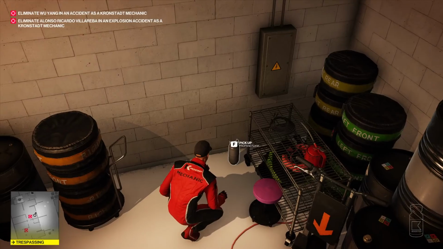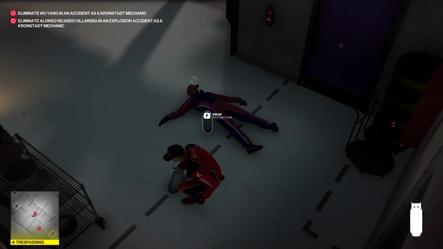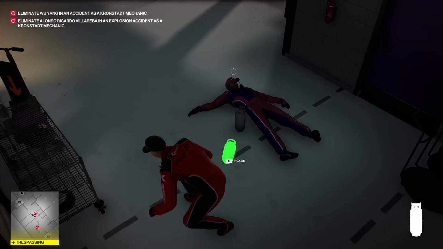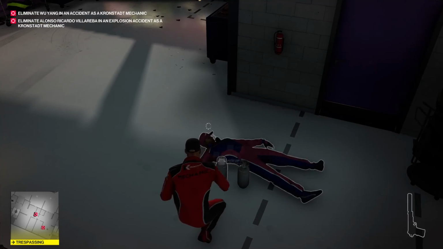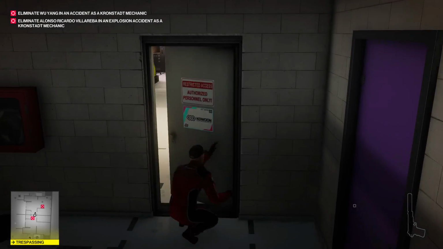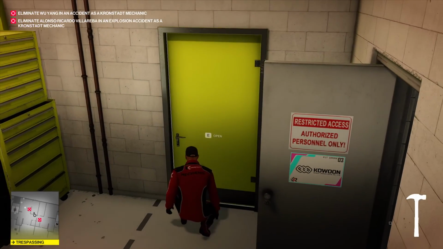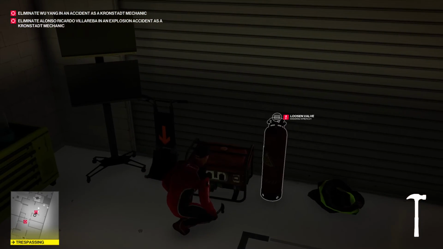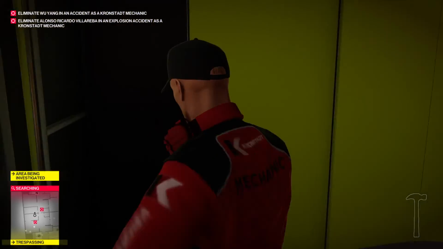There is another propane tank in here which I found on my first failed run through on level 1, so I'm going to put that there as well. So we just got to deal with this target now, so I'm going to get a hammer out. Hammer out sounds like paint, doesn't it? Turn off and on this generator, hide in the cupboard,